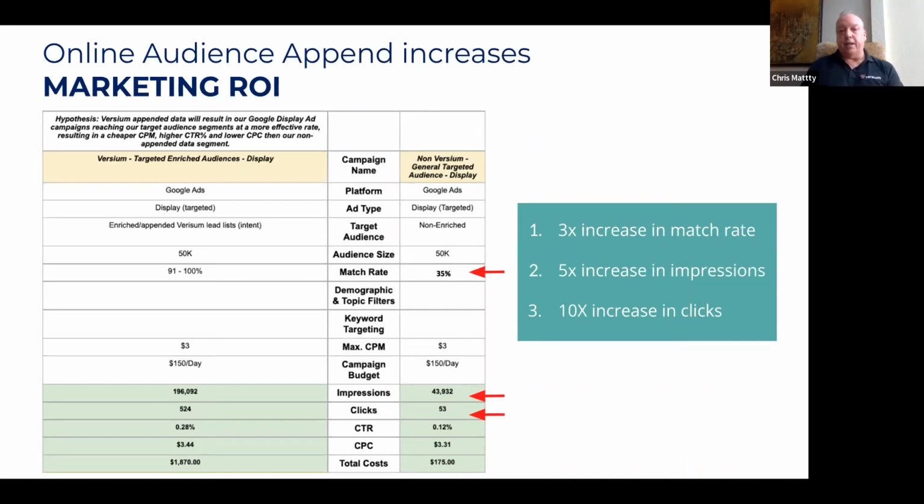So where you've got a media budget you can't even spend because you only want to spend it on your ideal customer, if you can't put the ads, you don't get the spend, you don't get the traffic. And so that translates by higher match rate, turns into greater impressions. And look at the clicks, 10 times the number of clicks. And that's really the goal of digital advertising, is how do I put my brand out there, get them to come to my website, engage so that I can put them into the funnel, and ultimately, it's match rate, impressions, clicks to dollars.